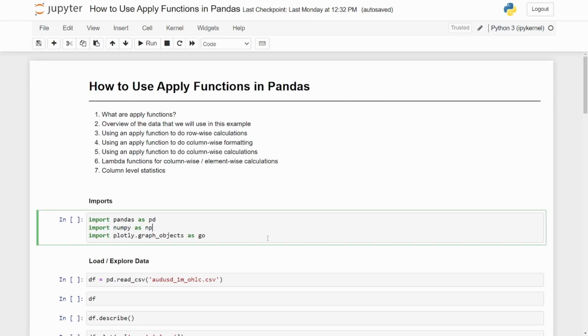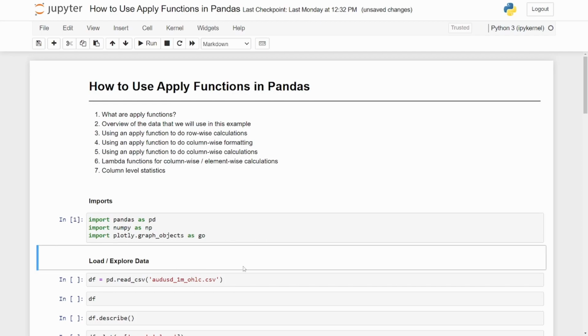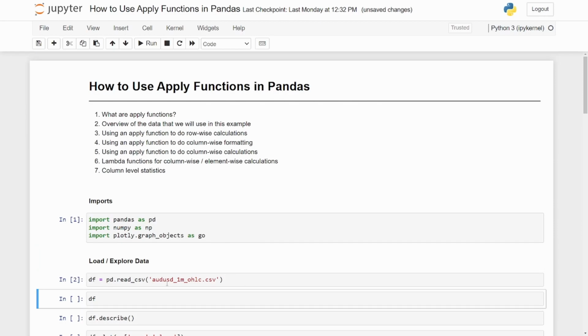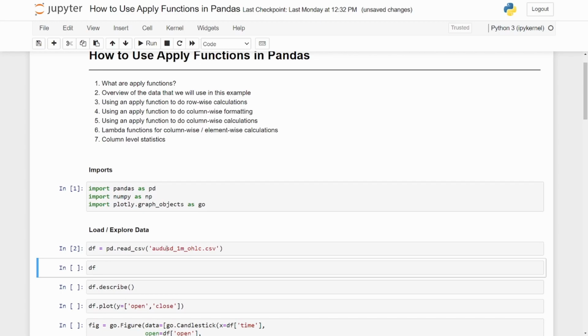So we're going to import pandas as pd, numpy as np, and then we're going to import plotly. From plotly, we're going to import the graph objects as go, and we're going to use that to do some visuals later on. So we'll shift enter, run that, and then that will bring us down to the load and explore data. Let's load in our data. So we're going to read the CSV. This is going to be